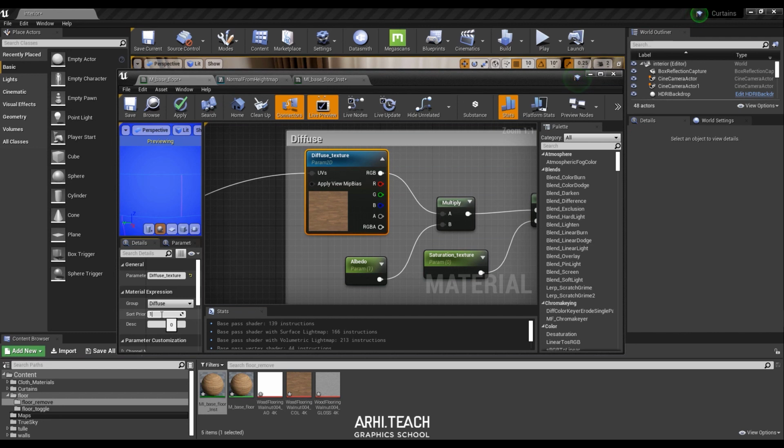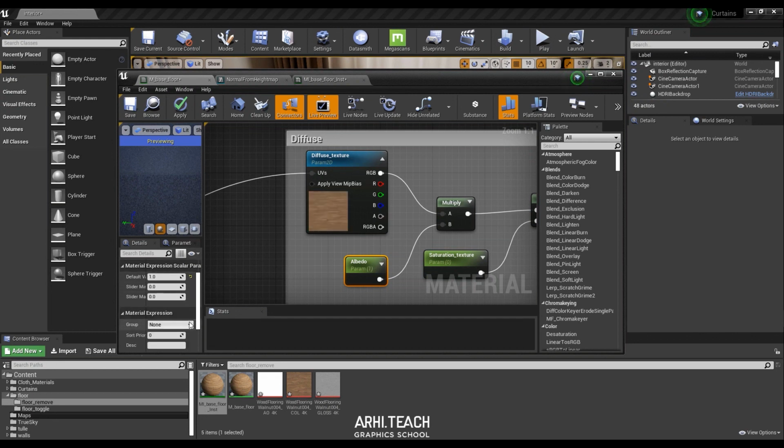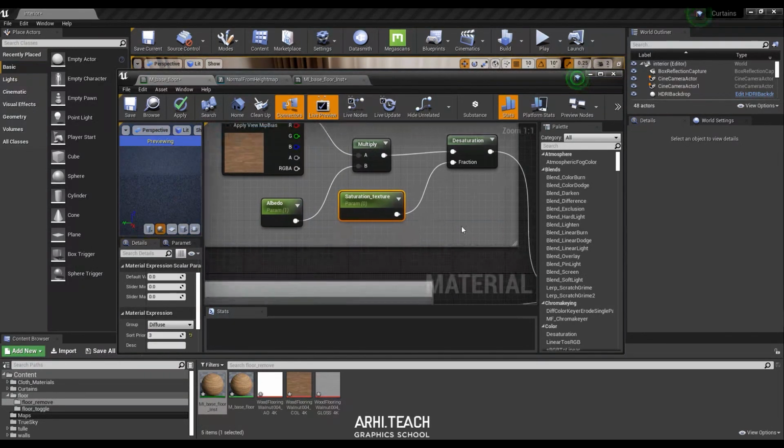That is, in the instance, in the diffuse category, our texture will be displayed first. The next one will be albedo. Albedo will also join the diffuse group, but it will be the second by structure. The next will be saturation's texture. It will be in the diffuse group as well and will be the third on the list.